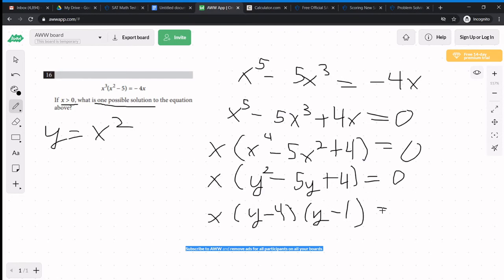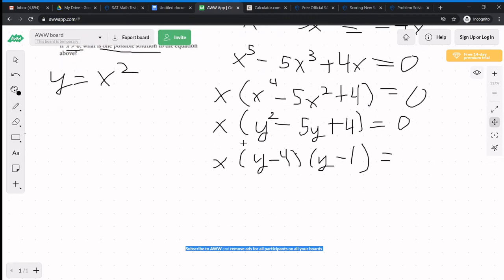So when you FOIL it all out, it comes into this equation. Now we substitute it back in: x squared minus 4 and x squared minus 1